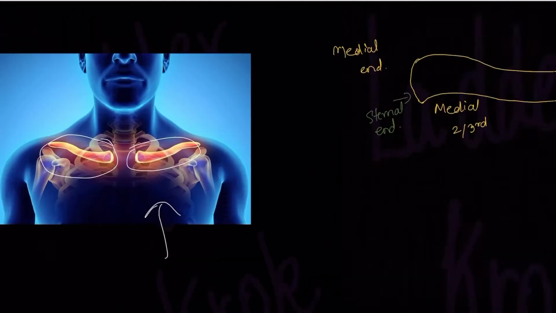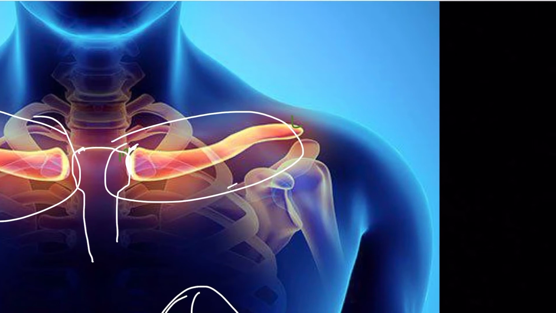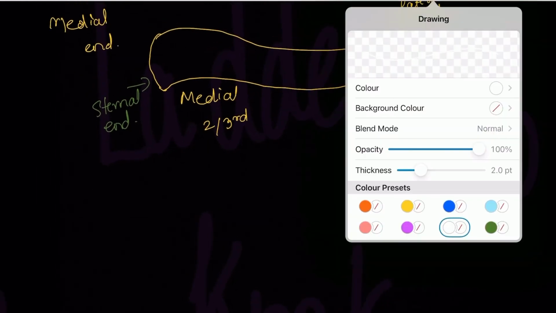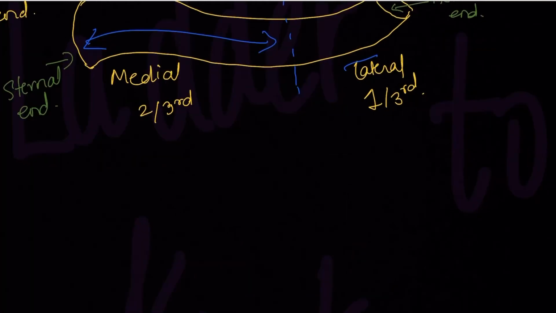Let's look in this picture. So this is the medial end. This is the lateral end. Okay. So here you can see this is your sternum, right? So here it is attaching to the sternum, hence the medial side was termed as sternal end. Here you can see this is the acromion and this is the coracoid process of the scapula. You can clearly see in this picture, right? So this is the acromion which is attaching to the lateral end of the clavicle. Therefore, this end is known as what? Acromial end. Okay. Then medial 2/3, 1/3. Let's give a division in between. So consider this to be completely medial 2/3 and this is lateral 1/3.